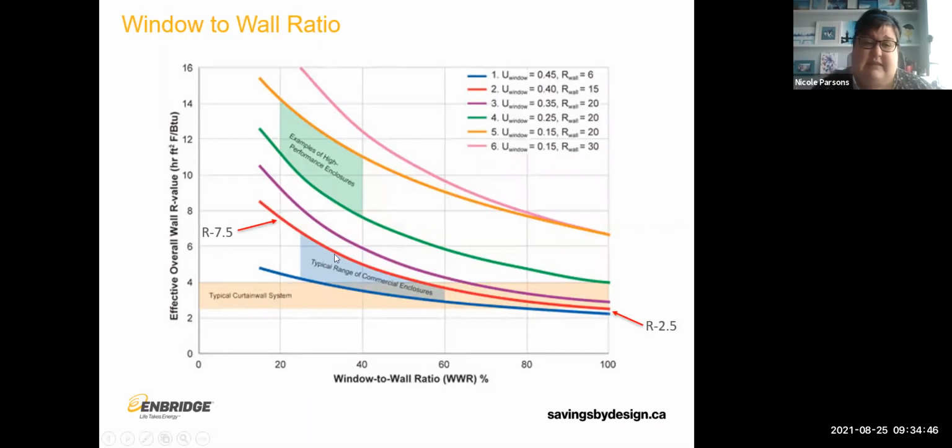So if we look at the red line and think that this is good construction, at a window to wall ratio of 20%, which is quite low, we get an overall thermal resistance of the assembly at R7.5. If we then go to 100% window to wall ratio, which means there are condos that are pretty much 100% window to wall ratio, the overall performance is then R2.5. So you can see it's 1/3